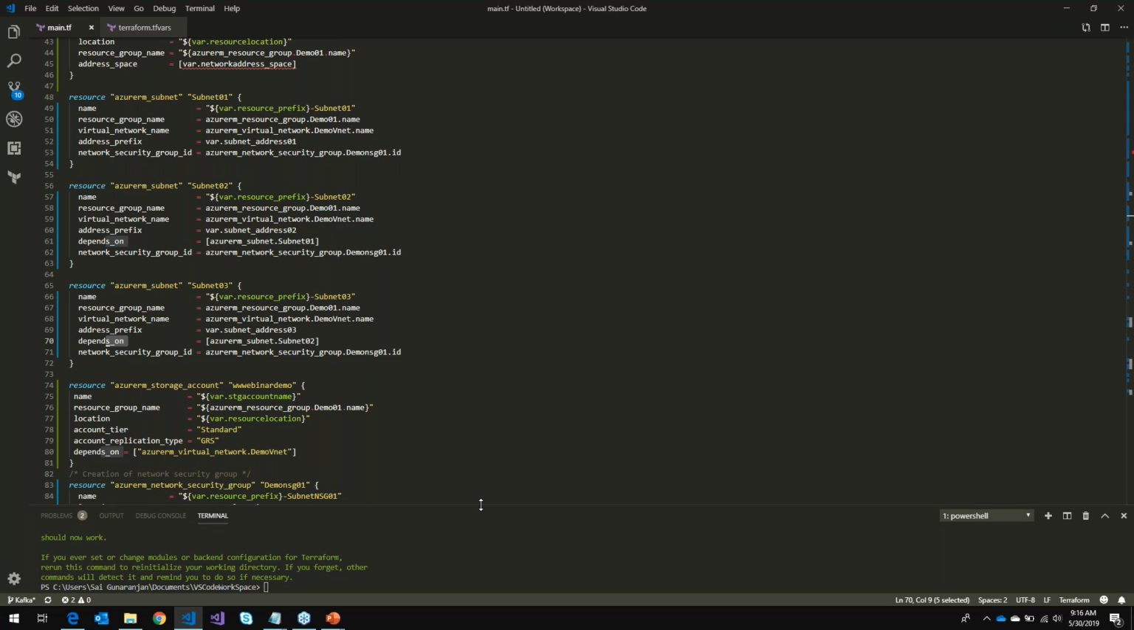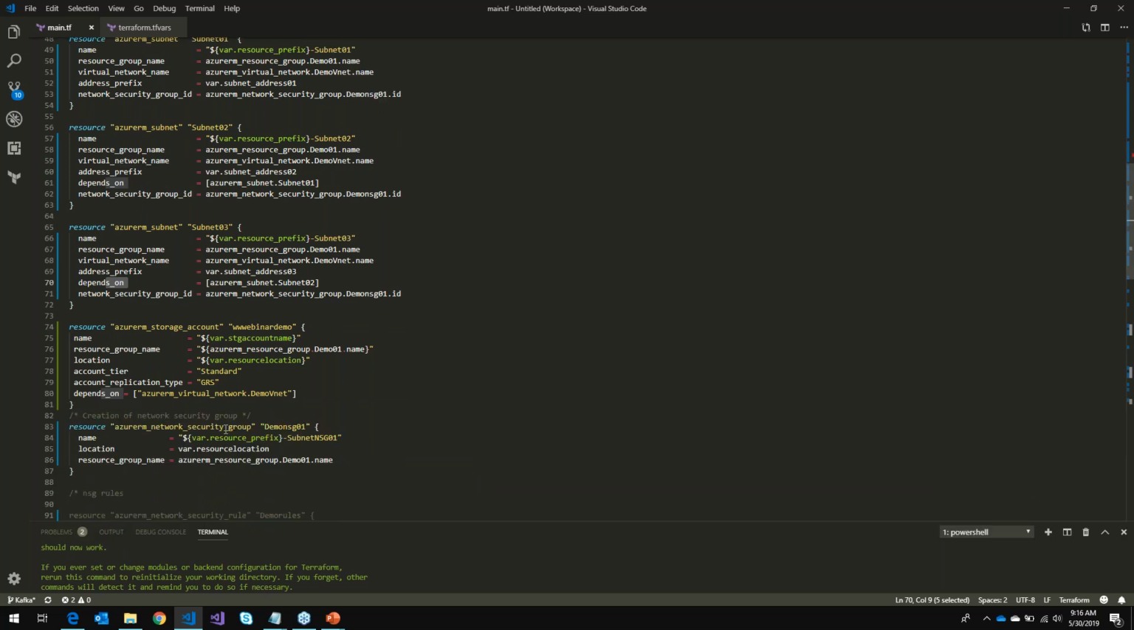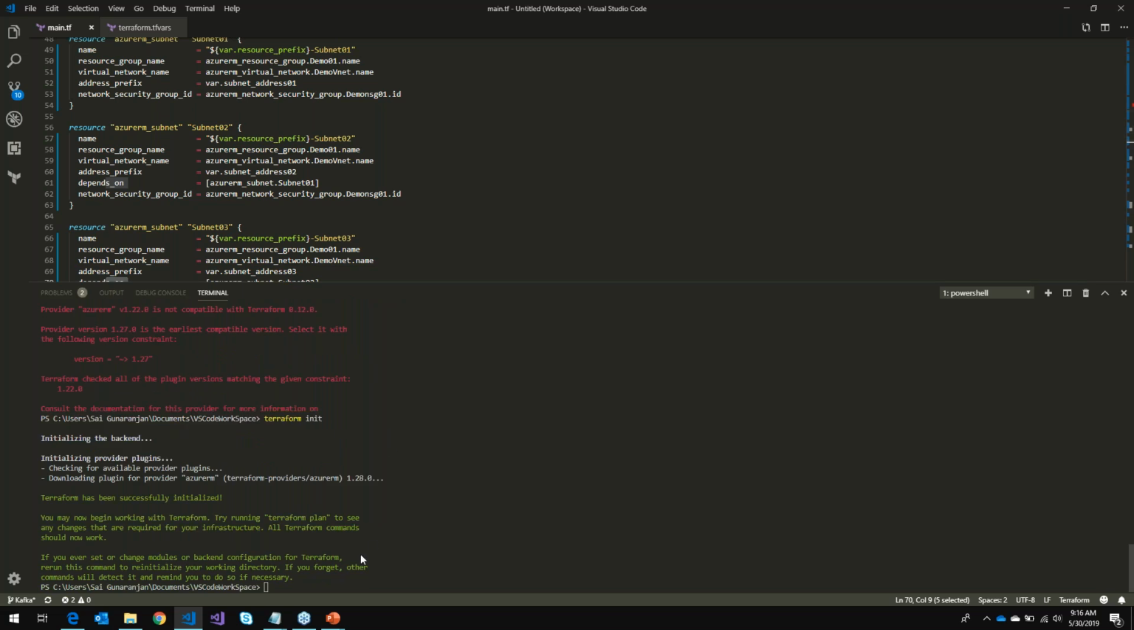So what we'll do, and the last one is also the NSG group, which is actually going to get associated to the virtual network that we created at the top. So what we'll do is, now that we have actually got the initiation completed,